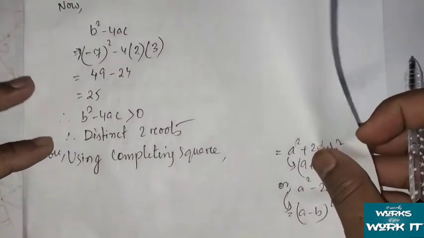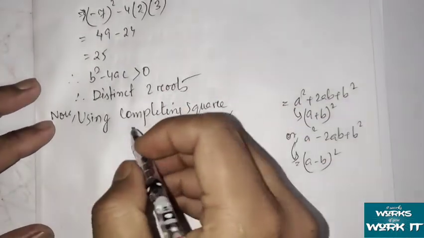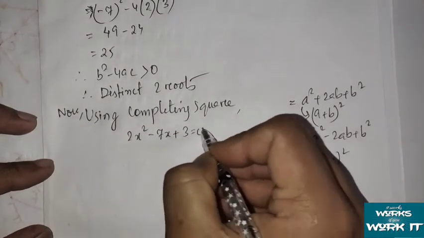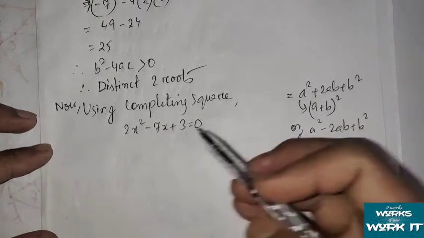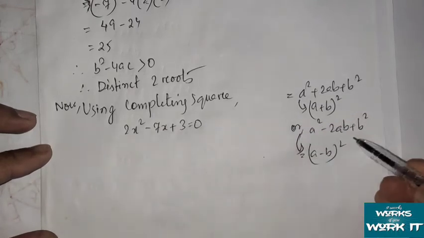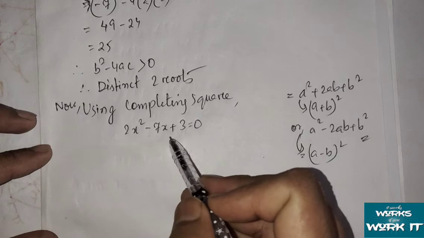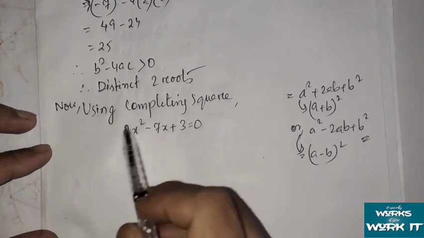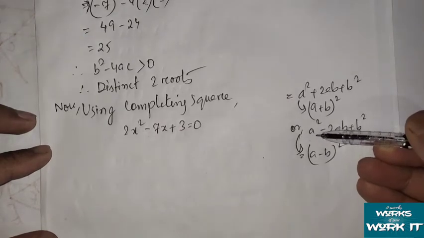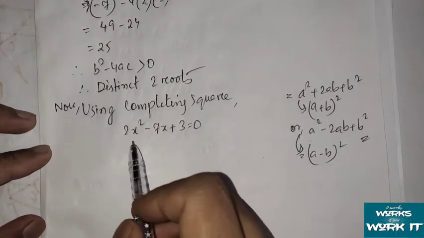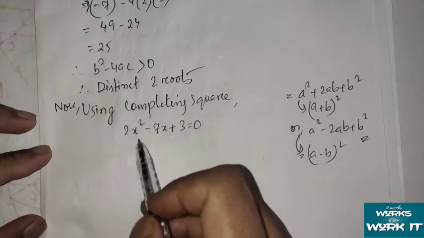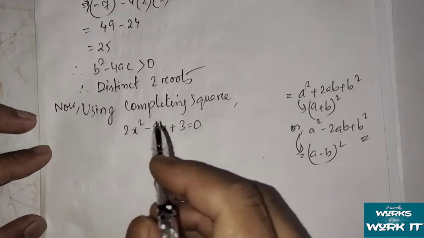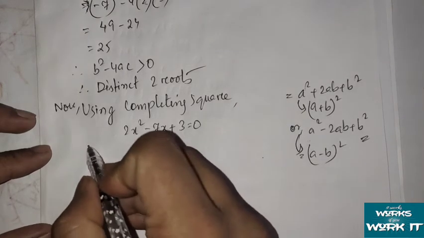Okay, so what equation we have, that we will write first. Minus 7x plus 3 equal to 0. Now we have to insert, minus is there, so that means this formula we will insert here in this equation. Okay, so now if you see, we can use 2x square to show as a square. Okay, so directly we cannot write 2x whole square. Okay, we need to form this 2x square as a square, completely as a square. So what we can do, we need to divide